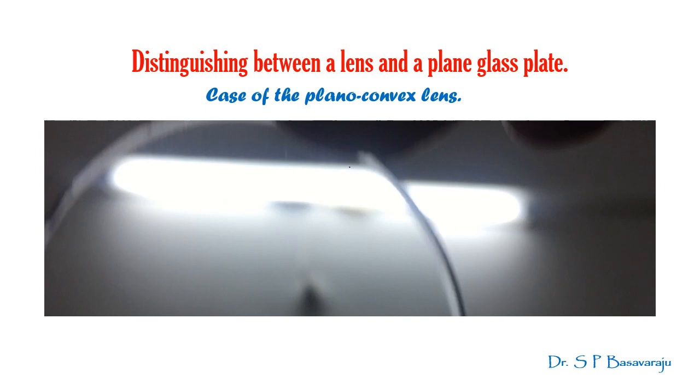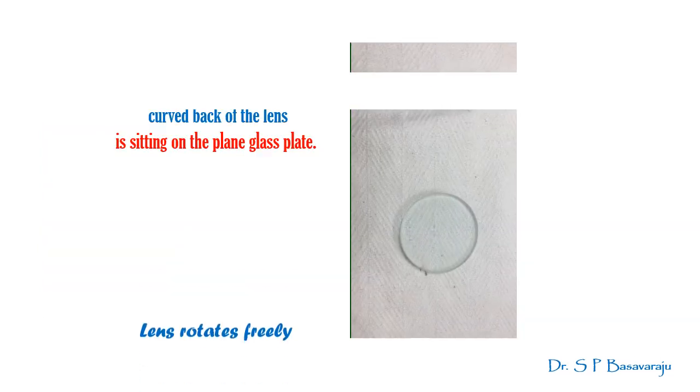After that inspection, you must do this. As it is a necessity with any optics experiment, you must wipe clean all the glass surfaces through which the light makes its way. Therefore, wipe the surfaces of these two clean by a soft cloth. Also wipe the surfaces of the reflector, the objective lens and the eyepiece lens. Keep the plano-convex lens with its curved back sitting on the plain glass plate, but to ensure you have done it alright, you can check it this way.